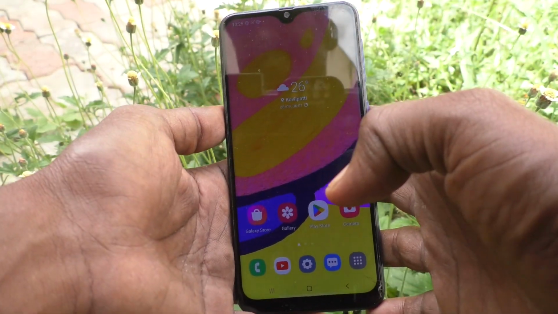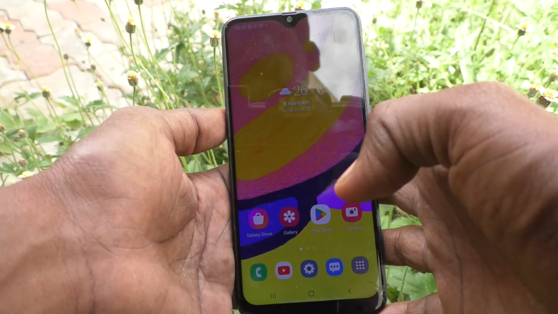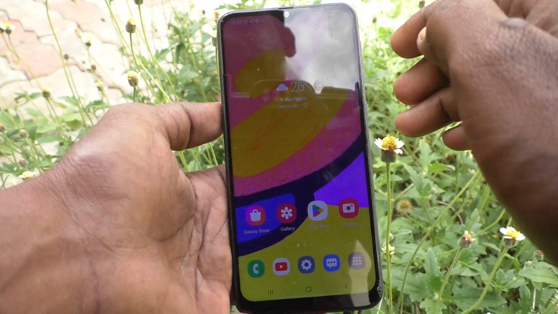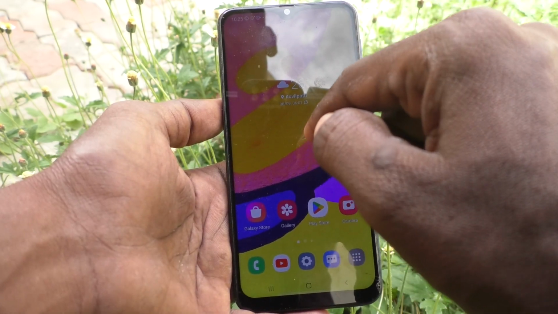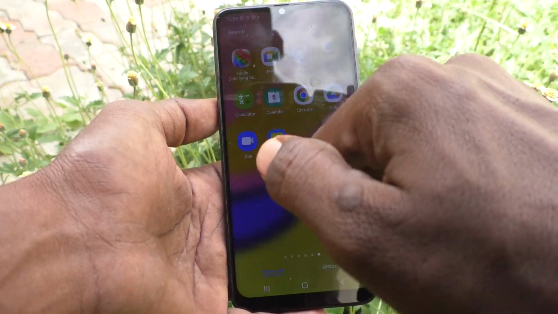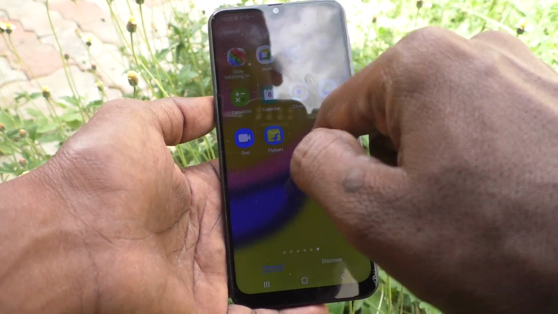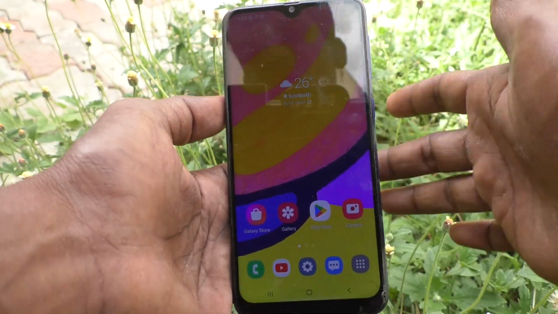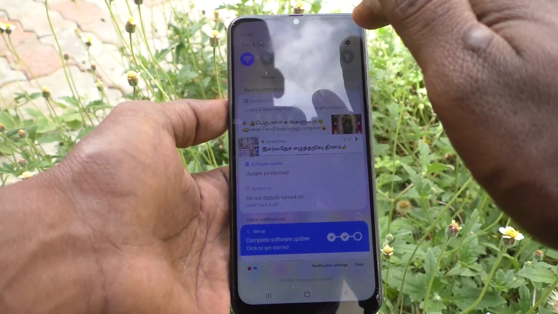Here is Samsung Galaxy F62 smartphone. In this video, we will learn how you can open notification panel by swiping in the home screen itself. If you swipe in the home screen area, notification panel will open. For that, you have to do some changes in your phone. What you have to do is just go to the settings,